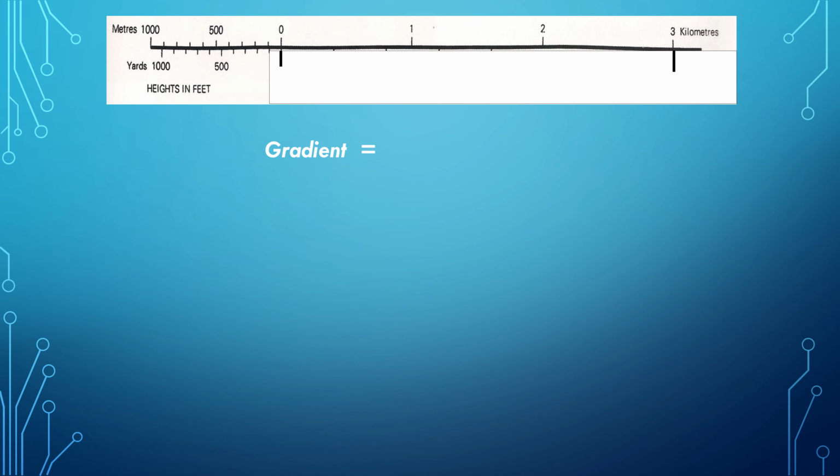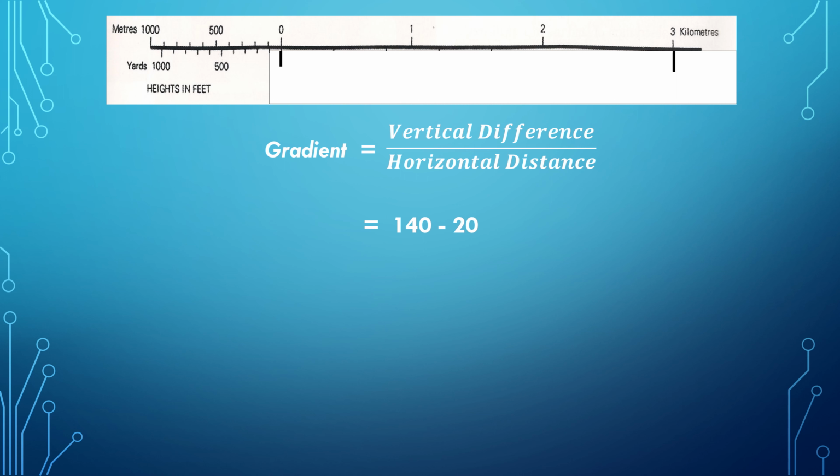Now, we go into our workings and we state the formula of our gradient, which is vertical difference over horizontal distance. The two heights being 140 meters for X and 20 meters for Y, we are now going to calculate our vertical difference and divide it by the 3,000, which we had converted our 3 kilometers into meters. So 20 subtracted from 140 will give us approximately 120 all over